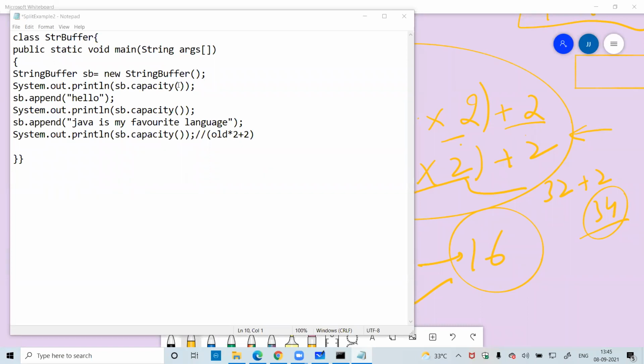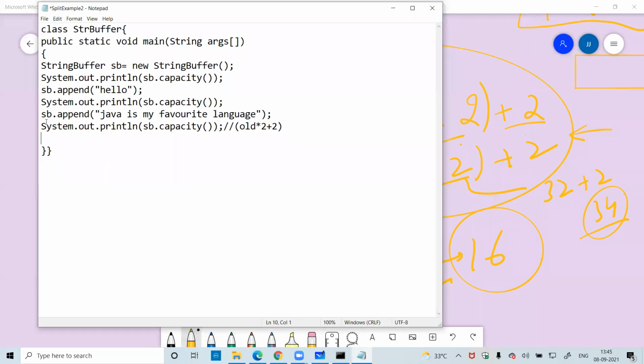Now in this case, we have discussed two methods of the StringBuffer. One is capacity, and second is append. There are various other methods available, first is insert.